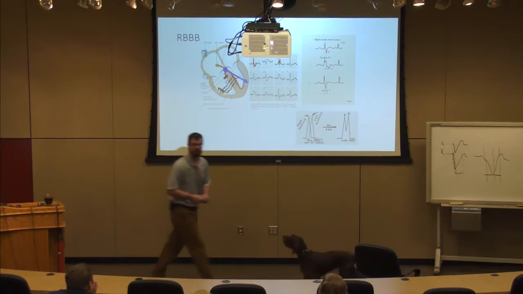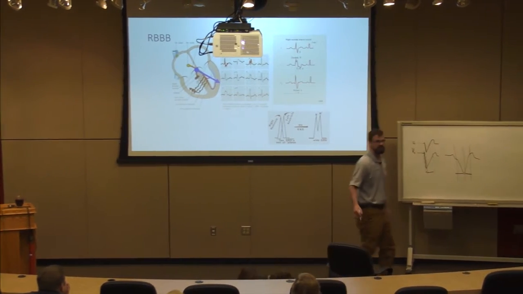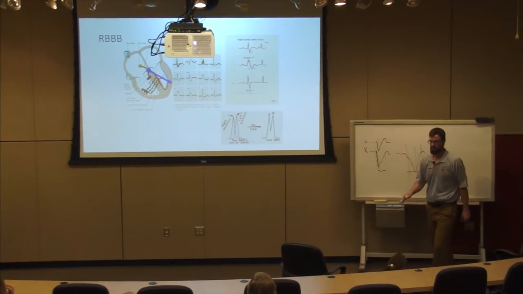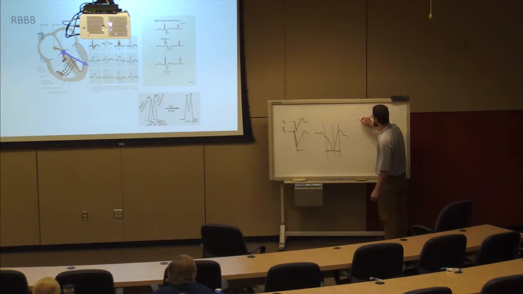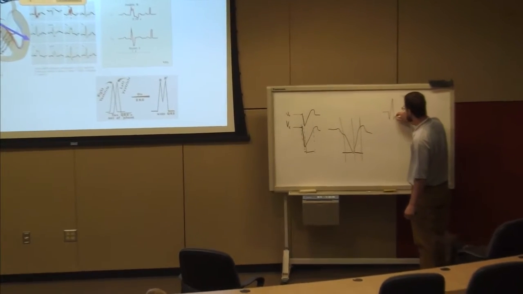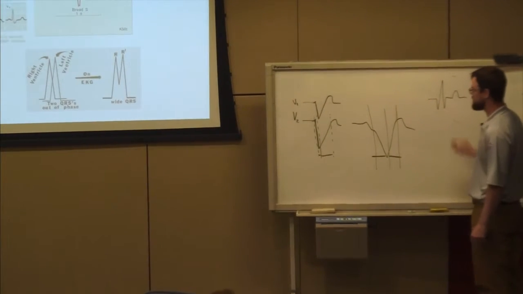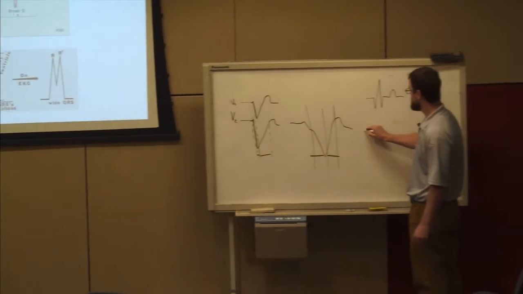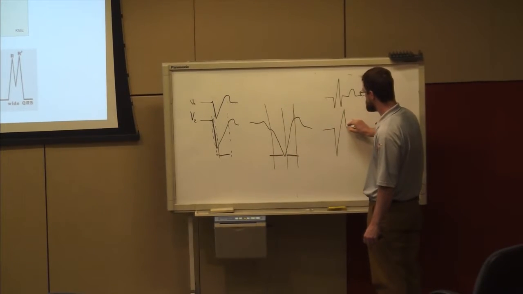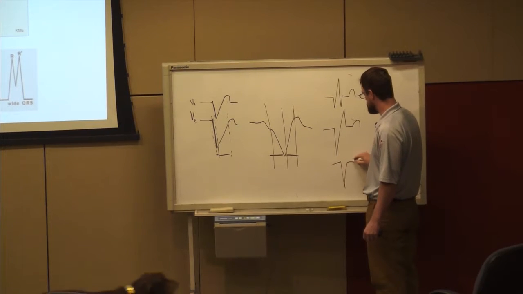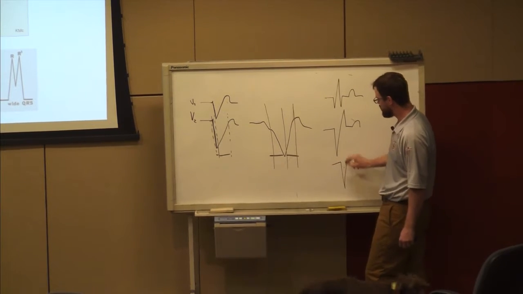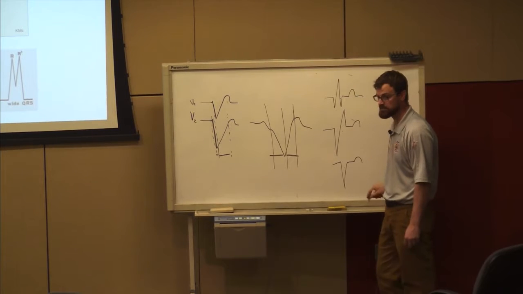My QRS can be QR or S, but it can also be QR. It can be just an R. It can be just a Q, right? So a QRS is a triphasic cycle, right? Here's a QR. Here is just a straight Q, right? So I can have monophasic, biphasic, or triphasic.